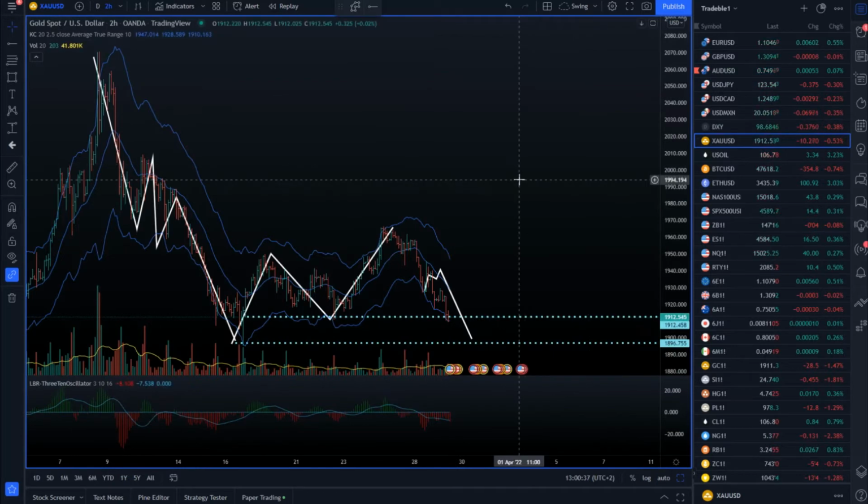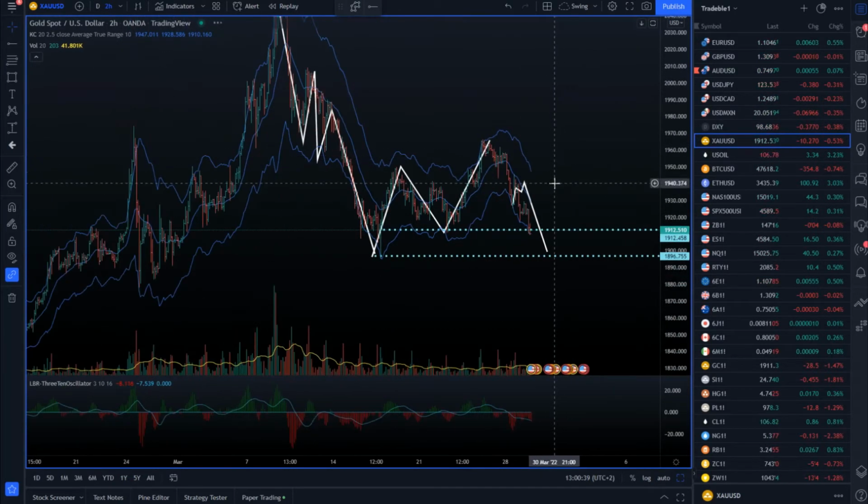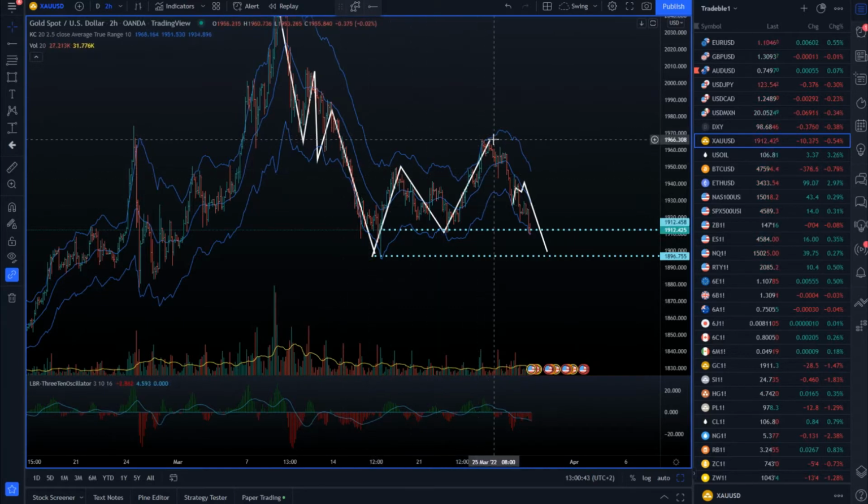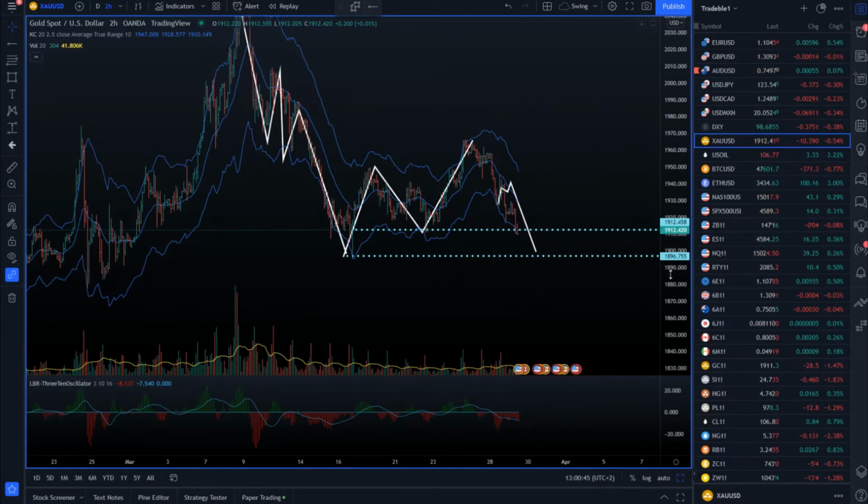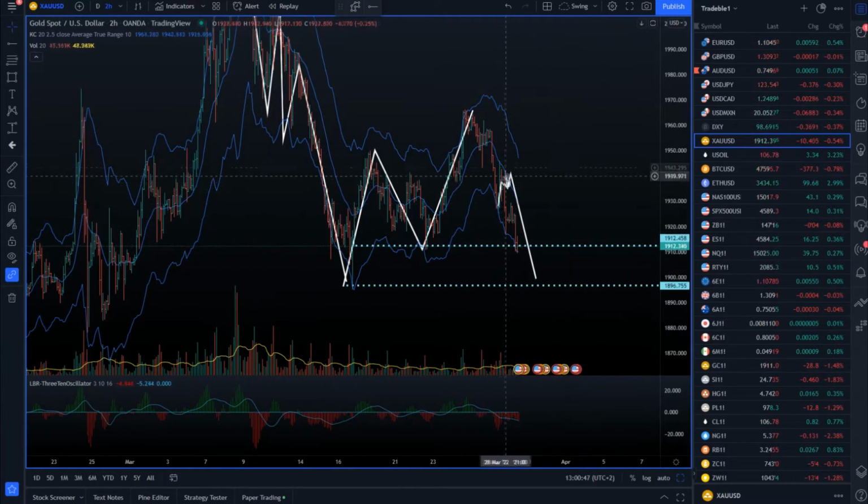Speaking of the gold market, as I alerted you in my previous analysis, I treat this like an ABC completion, and we got even more evidence at this stage basically. And yesterday we alerted you for a more downside, and there we go. We already met this 1912, which was the first downside objective. The second downside objective basically, and I think we're going towards that, is that we had a low at 1895.